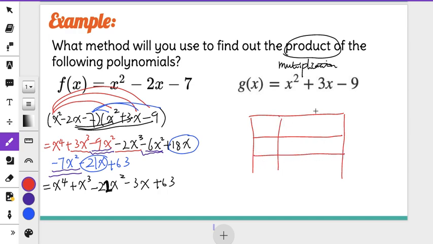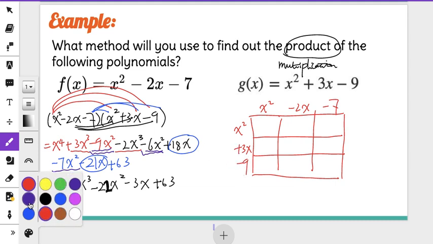So it's 1, 2, 3 and 1, 2, 3. Again, I'm going to write the first polynomial on the top. Some students might say, can I write it on the side? Definitely you can. Just make sure the two are separated this way. I also prefer to write down the sign, no matter if it's plus or minus, to remind me what things we're dealing with. So whenever you see the box, you just need to multiply whatever side matches